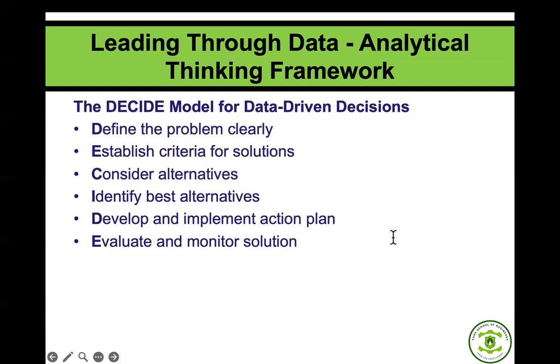Based on the DECIDE model for data-driven decision-making, the first thing is to what? To define the problem clearly. This is where most data analysis can go wrong, because here you can jump to solutions before truly understanding what the problem is. So you have to define the problem clearly, which means distinguishing between the symptoms and what? The root causes. If you are not able to define the problem well, it will lead you to major other problems. Then the second thing is what? Establishing the criteria. Before you start analyzing data or considering the options, define what good looks like. What are your success criteria?